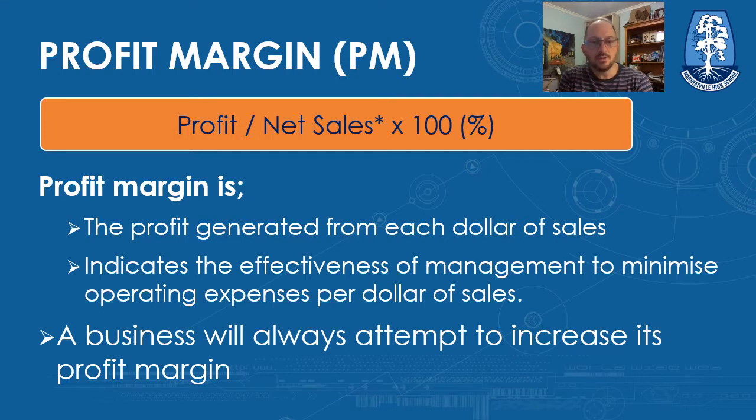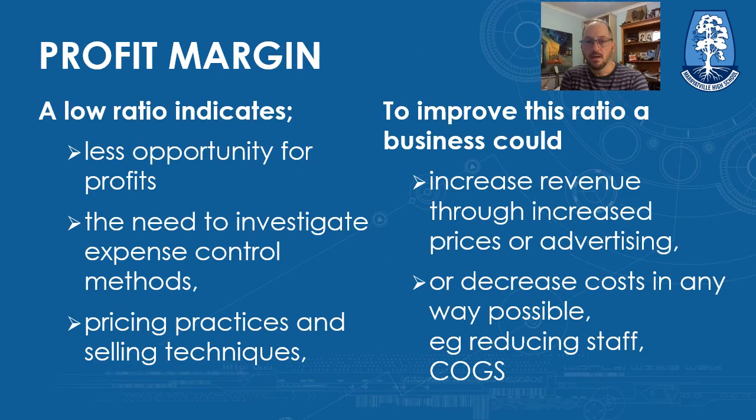The profit margin is defined as the profit generated from each dollar of sales, and it indicates the effectiveness of management to minimize operating expenses per dollar of sales. A business will always attempt to increase its profit margin. More profit, the better. As we want a higher profit margin, a low ratio is problematic, and it indicates that